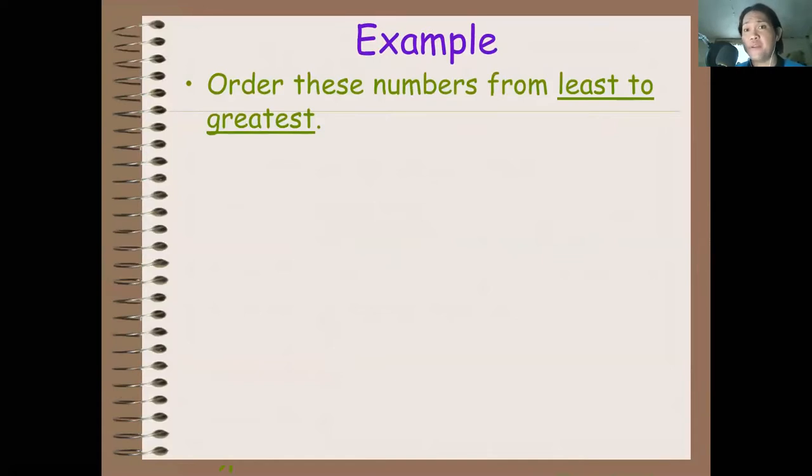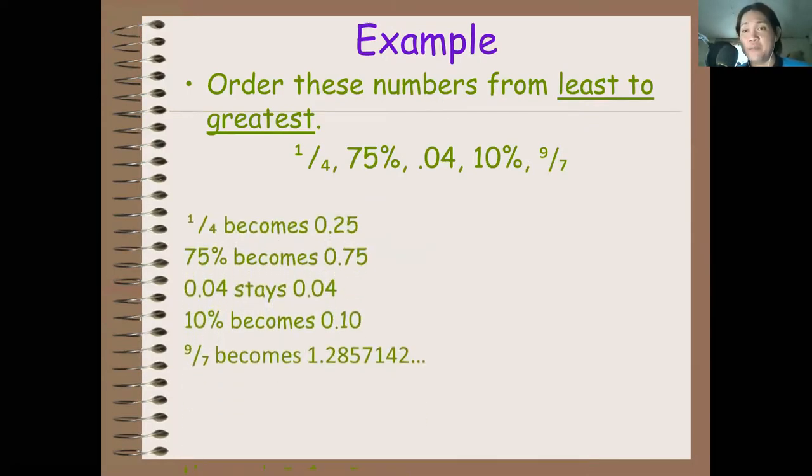Order these numbers from least to greatest. We have the given 1/4, 75%, 0.04, 10%, and 9 over 7. So I want you to do it on your seat. Sorry, I lost my voice. So we can have 1/4 becomes 0.25, 75% becomes 0.75, 0.04 stays 0.04, 10% becomes 0.10, 9 over 7 becomes